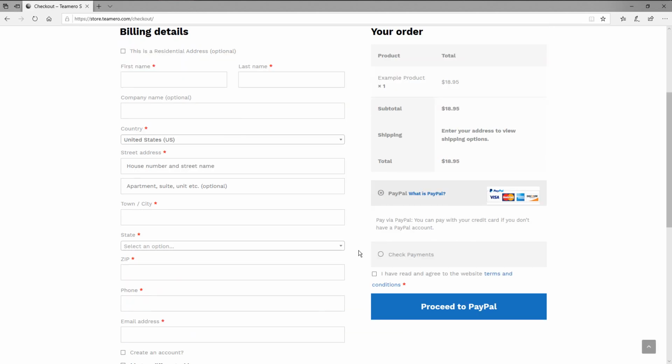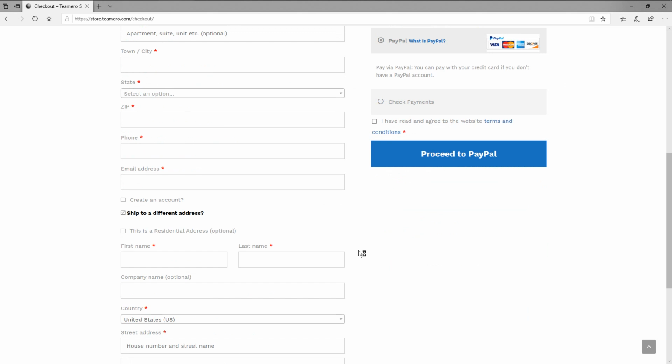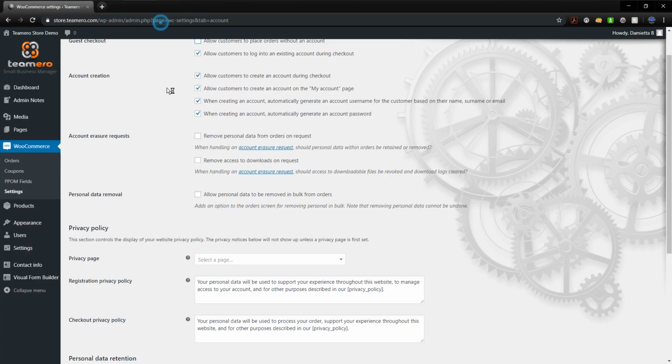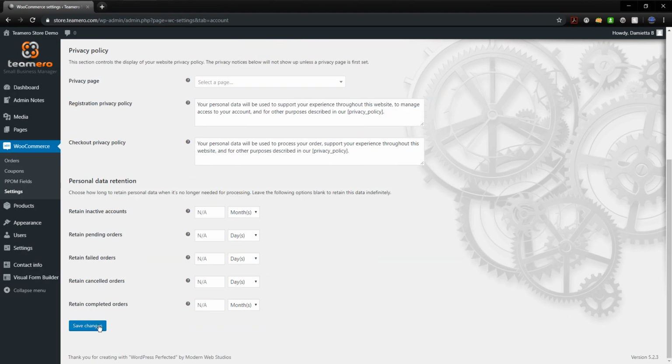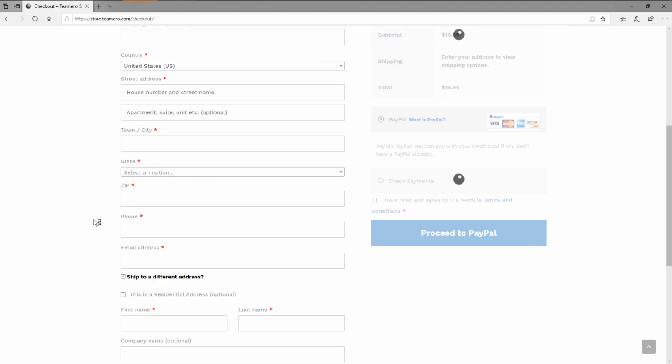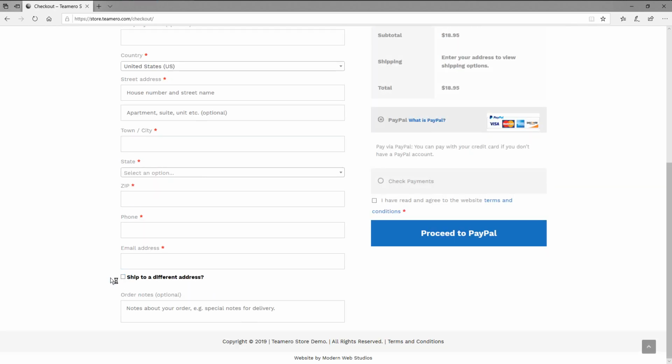And then as a customer, they see create an account, so it's an option basically. So if they don't check that, then they're basically checking out as a guest. So what we're going to do is save, because I made the change, and then we're going to refresh the page, and then uncheck that,